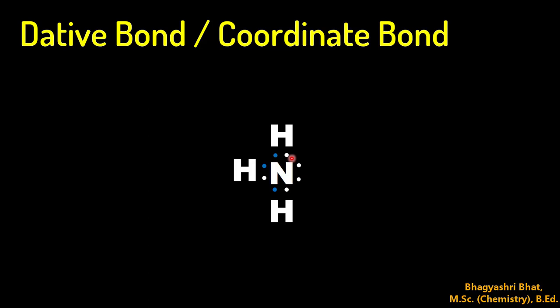In this case, you can observe there are two types of pair of electrons. What are those? One is the bonding pair of electrons, which are involved in the formation of a bond between two atoms, and another one is the lone pair of electrons, which are sitting lonely on the nitrogen atom and are not involved in the bonding process. Such pairs of electrons are called lone pair of electrons.